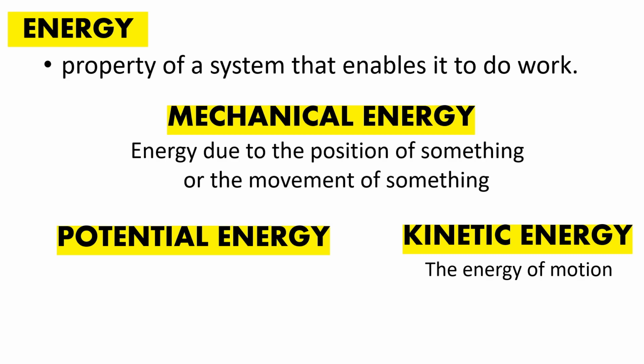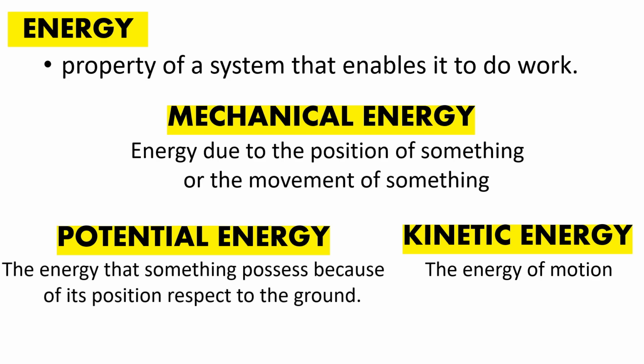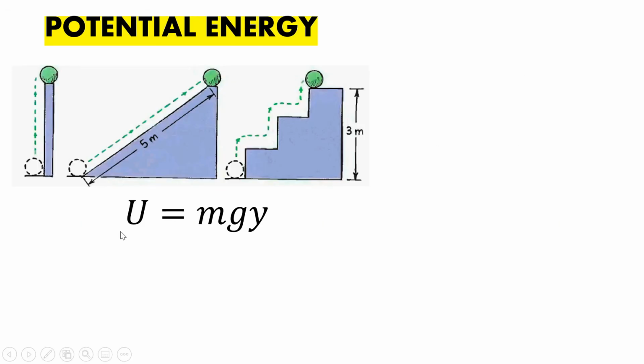So, if we solve for the kinetic energy, velocity is involved because it describes the motion of the object. While potential energy is the energy that a mass possesses because of its position with respect to the ground. Therefore, potential energy is not an energy at rest, but an energy due to its position. So the variable involved here is the height. Potential energy has a symbol of U, equal to mass times the acceleration due to gravity times its